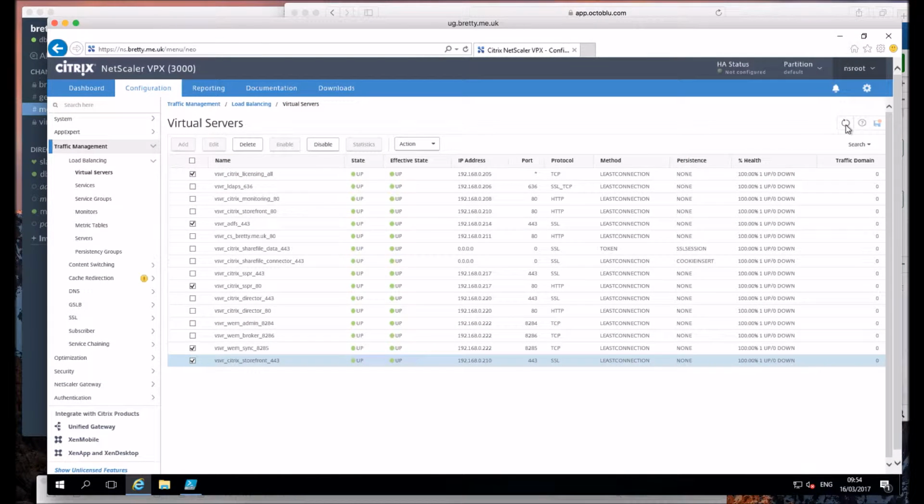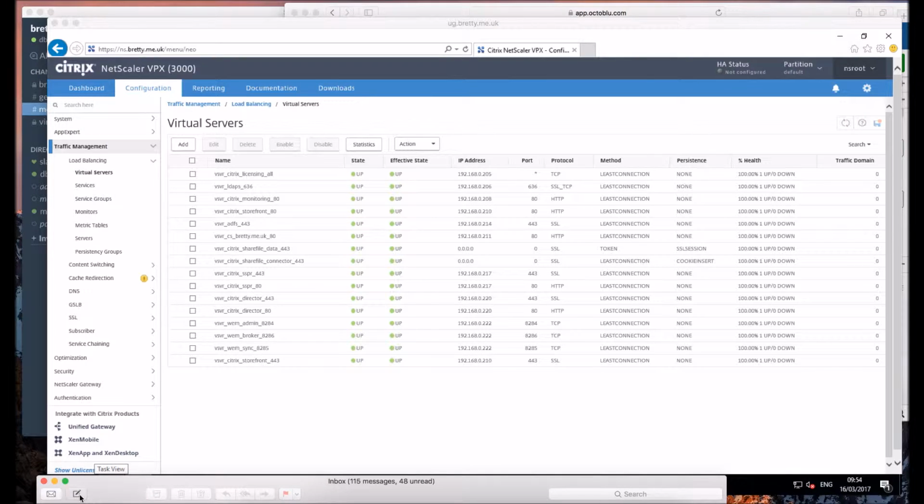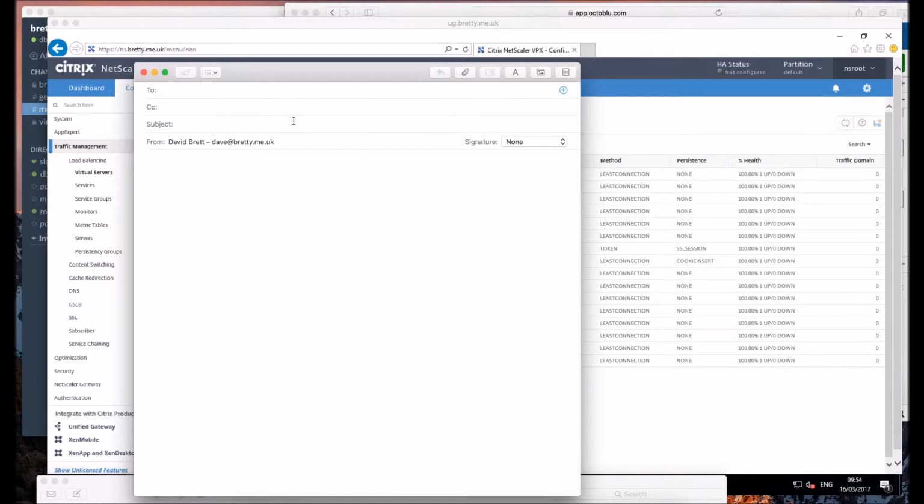Here's the NetScaler, and as you can see here, all of the vServers are up and running. So if we send an email to our Octoblu account with the subject line to disable the vServer ADFS, but send it from an email address that isn't authorized,